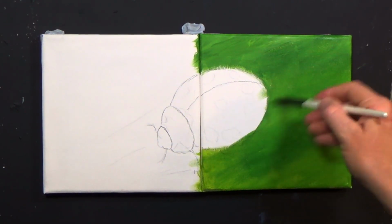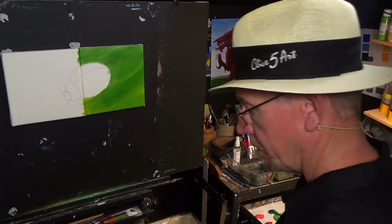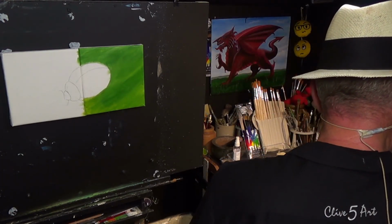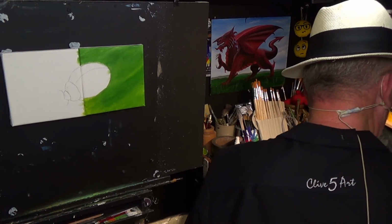There we go. Now, it could have been a quicker way of painting that with a bigger brush, but I shall do that on the other side. I think it might be easier because I get carried away with myself sometimes. I talk a lot, and I get a bigger brush, so